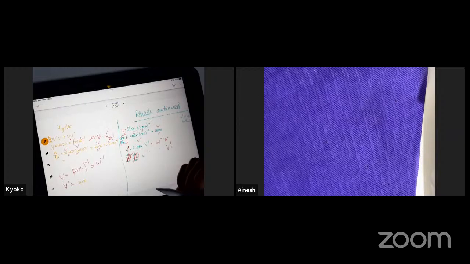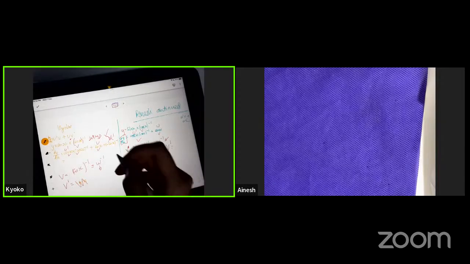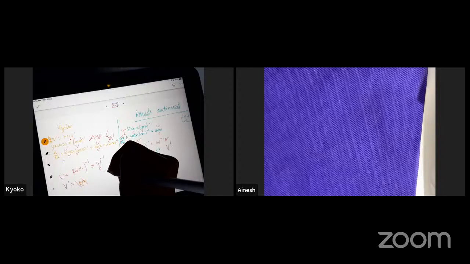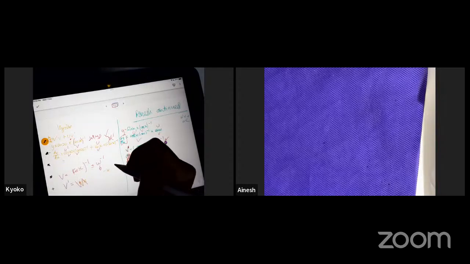Same thing with you, Kyoko. You are not applying my technique. Just differentiate the W minus 1 first. Stop being stubborn, both of you. I know this doesn't make sense, but differentiate W minus 1, please. Good. Minus W minus 2. And then how to top it off? Remember how to top it off, Ainesh? To top it off, you will need,